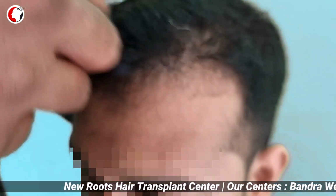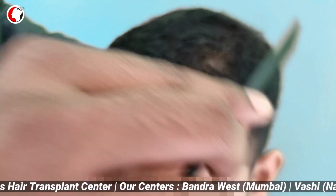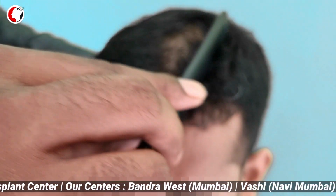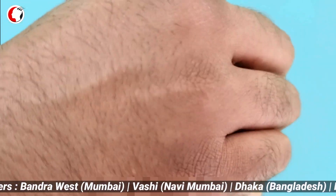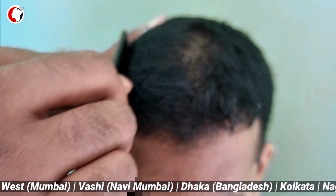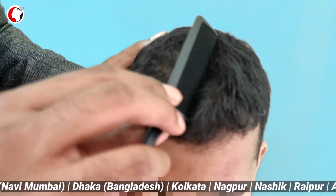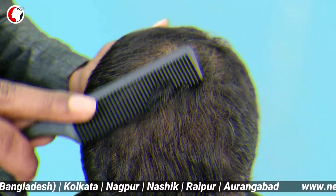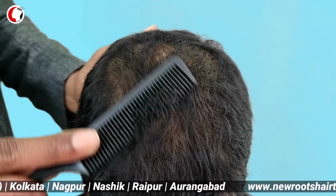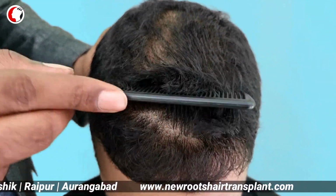Now, speaking about density, the density should be quite good in the front area. When you look at a person, you look at him front on, not from above, from the side or below, so the front visual appearance is quite main in designing a hairline and keeping a hairline natural looking. So while designing and creating the hairline, what we tend to do is